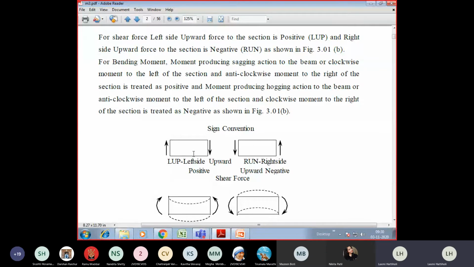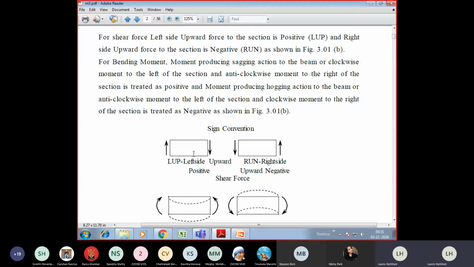So this you need to remember always. There is no difference in this at all. Do not confuse this sign convention and the SFD BMD sign convention. Why am I repeating all these things? Because students usually get confused between the sign convention which you have followed in calculating the reaction and the sign convention which I'm telling you now. So do not mix up the sign conventions. Whatever you have done in first year, that is how to calculate the reaction, whatever sign convention you have followed, you need to remember always. Do not forget that. Now, whatever sign convention I'm telling you is only for SFD and BMD, shear force diagram and bending moment diagram.